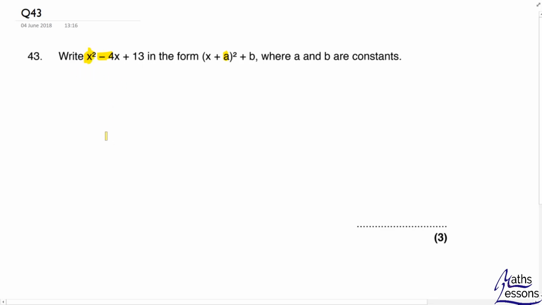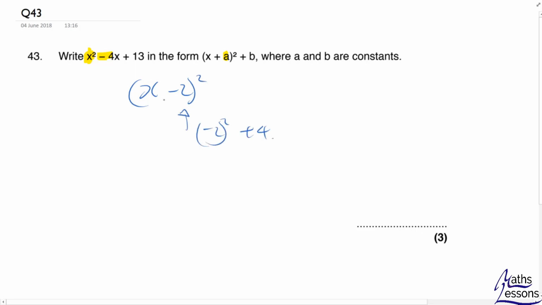If we've got more x squareds, then we're going to have to divide by how many we've got to get it down to 1 before we can halve it to get a. So in this case, we know that a is going to be minus 2. So we've got (x − 2) all squared. Now, every time we multiply this out, we always get this minus 2 squared coming out,